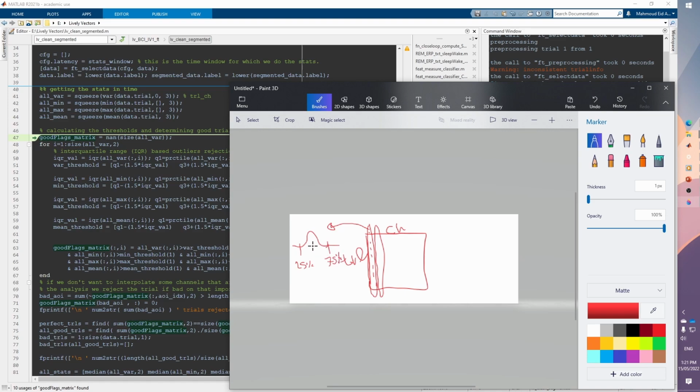Of course, the median is the 50th percentile of data. So what we're going to do here is extract the interquartile range. The interquartile range is defined as the range from the third to the first quartile, and then